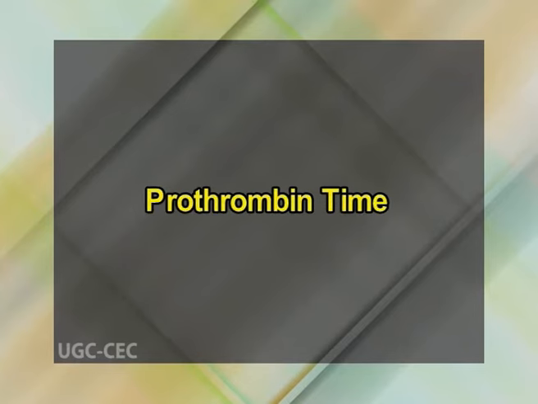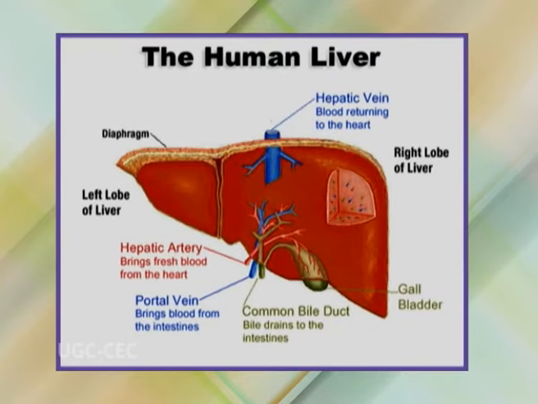Now the prothrombin time. Prothrombin is a clotting factor, also called clotting factor II, and it forms an important part of both the intrinsic and extrinsic pathway. Its active form is thrombin. It's a serine peptidase which converts fibrinogen to fibrin. Prothrombin is synthesized in the liver, and hence prothrombin activity in plasma is used to measure the synthetic function of